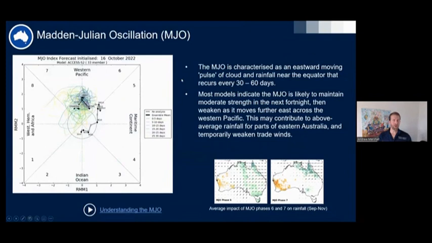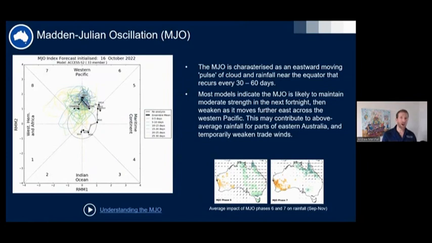The last climate driver I'll just touch on is the Madden-Julian Oscillation. Now, the MJO, I don't know how much you know about the MJO, but it is one of the key climate drivers for the tropics, and I've been looking at the MJO for 20 years. So I could talk a heck of a lot about this one, but I'll just touch on it today. So the Madden-Julian Oscillation